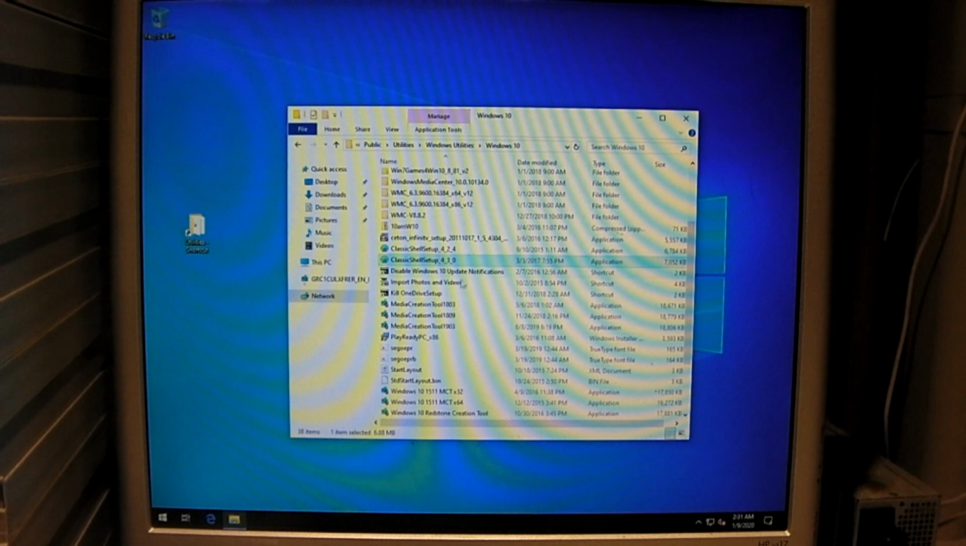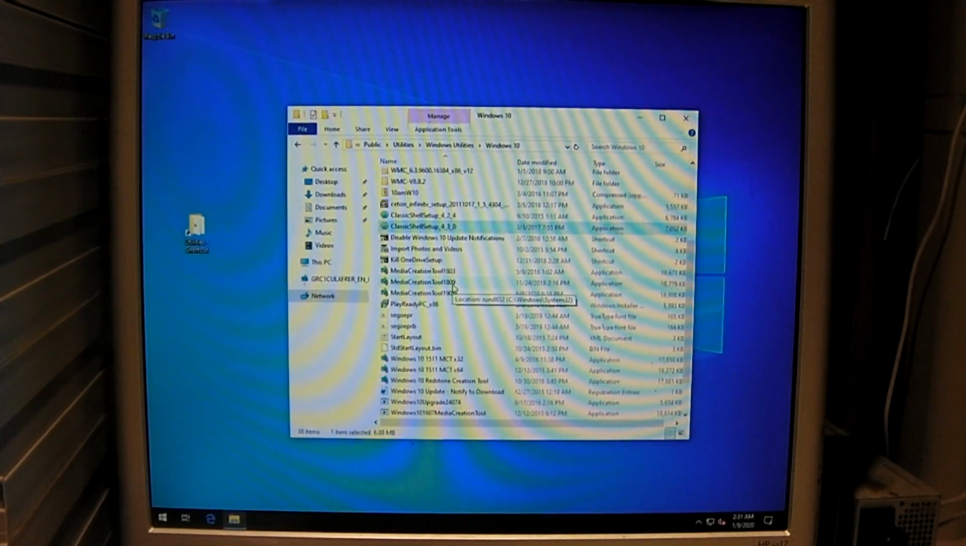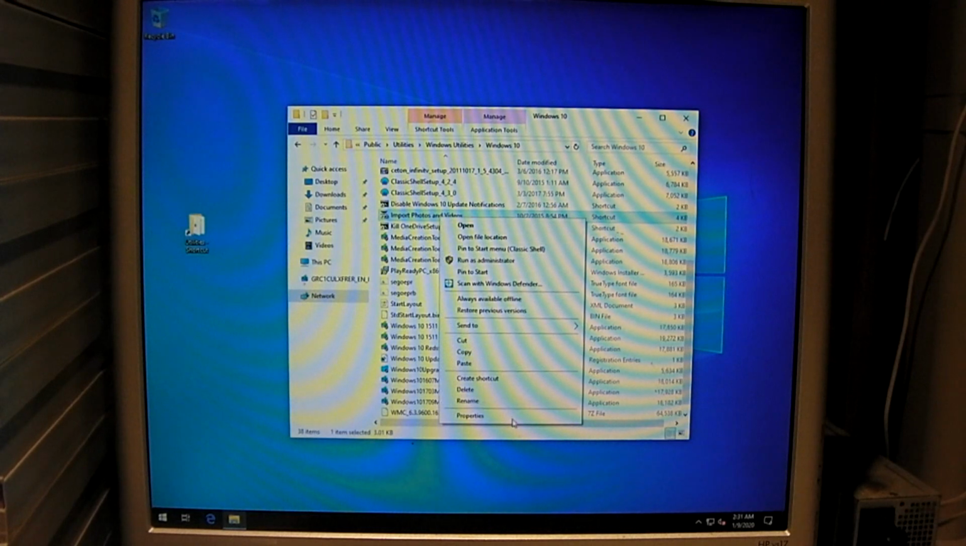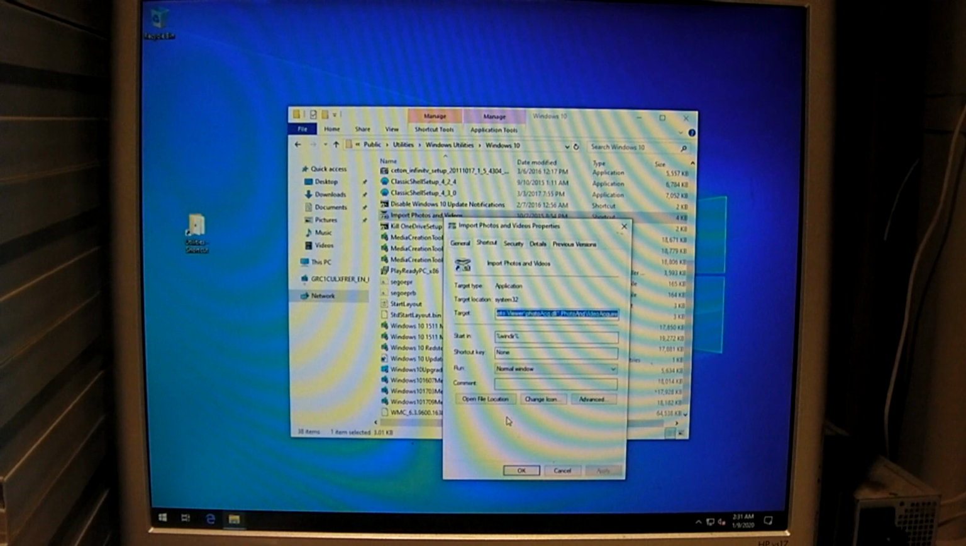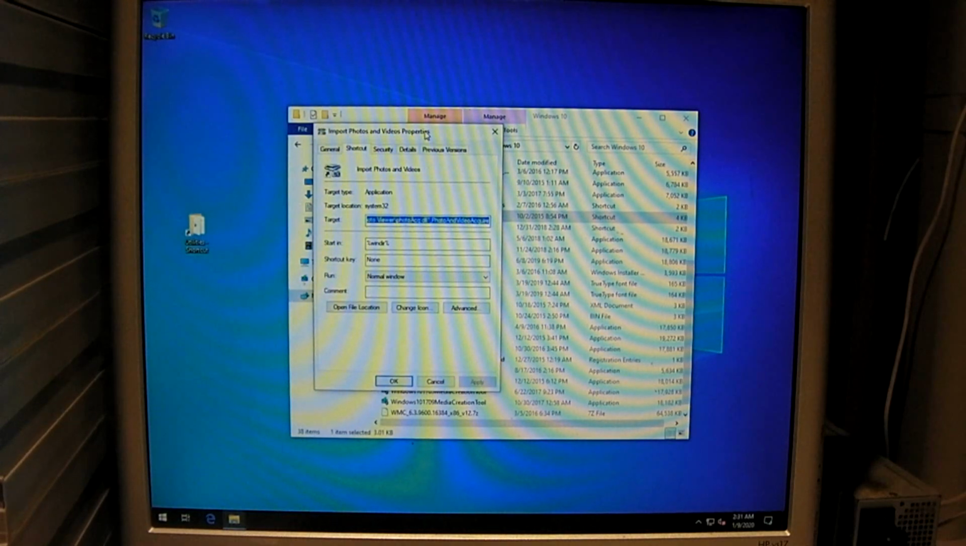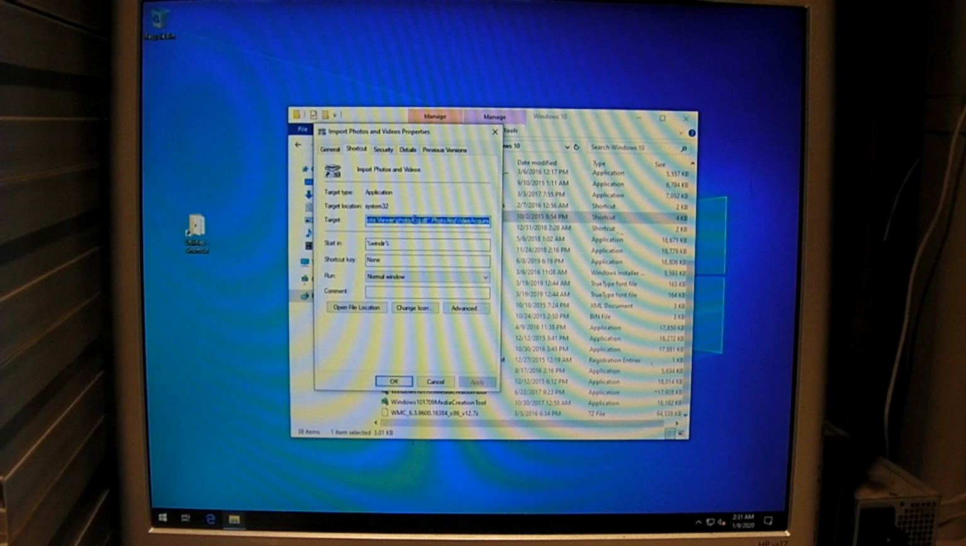Okay, so on Windows 10 Pro, one thing I want to mention is I created a shortcut myself a while back that brings back the import photos and videos wizard that you had in Windows 7. If you're like me and you're always importing pictures and videos off your cameras, that wizard, as it was called in Windows 7, was very handy. So what I'll do is